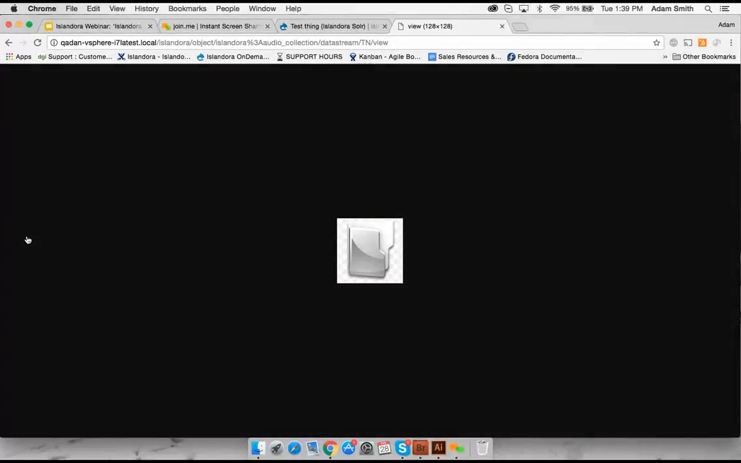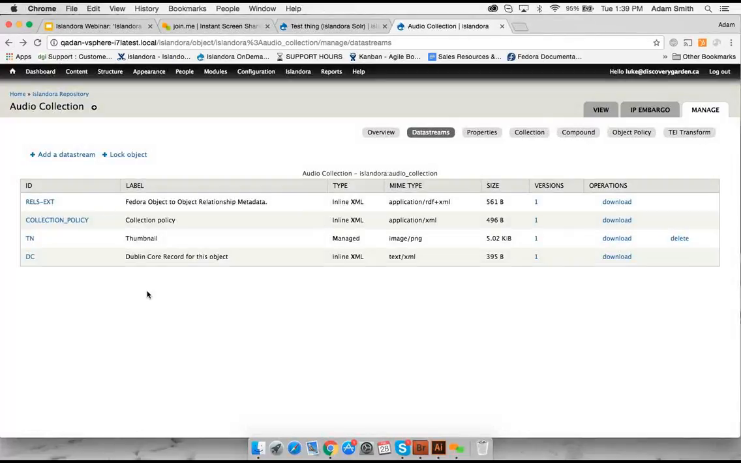It just looks like a folder. And whenever we go to view this collection somewhere else, we see that thumbnail image in the list of items in that collection. This thumbnail is actually accessible via a URL. If I click on it, you'll notice here